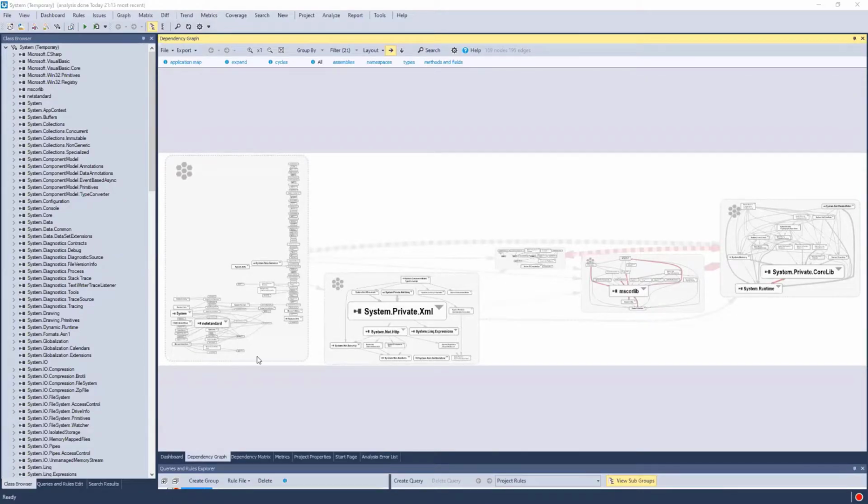So I guess you have been using a lot of dependency graphs in the past to try to understand what's happening in your code. What's interesting with NDepend is that it can scale to very large code bases. So here we have all these .NET 5 assemblies. For example, I can expand all these assemblies.